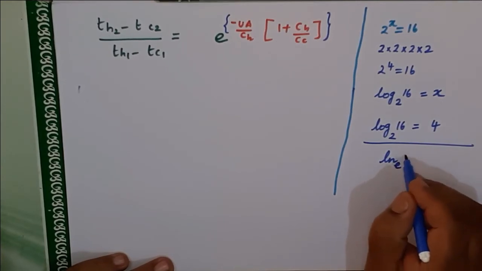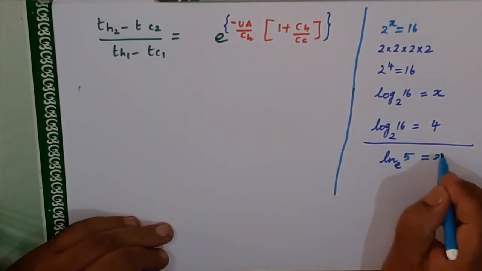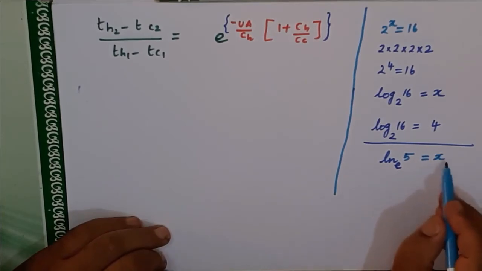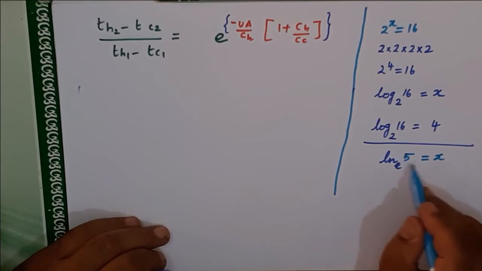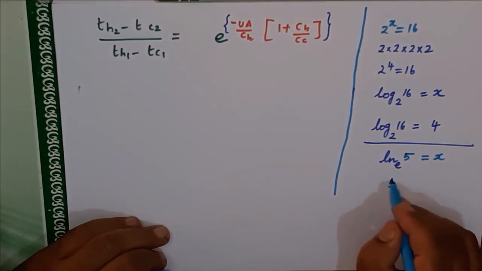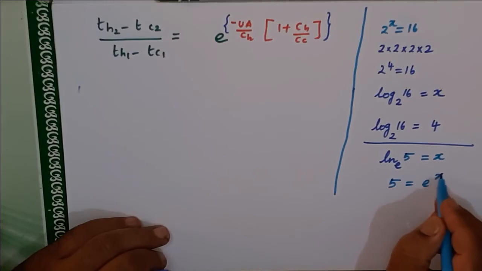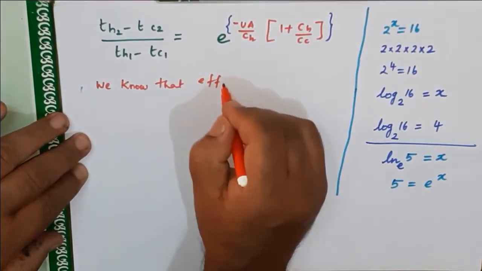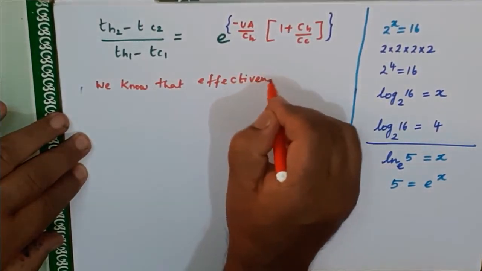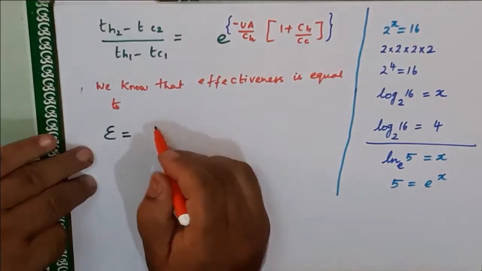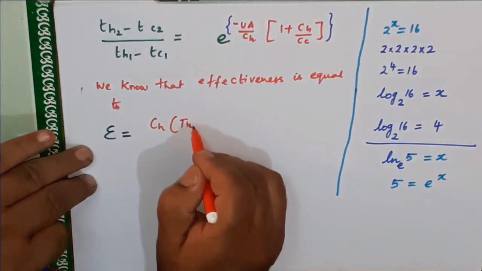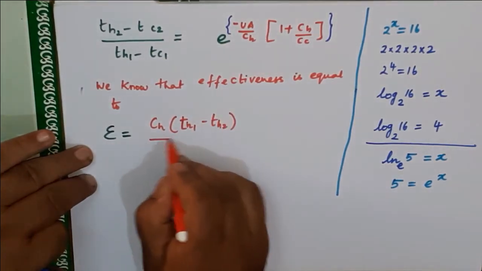Similarly, suppose we are using ln, base e. For example, if you have ln 5 is equal to x, so e to the power x is 5. So what power should e be raised to? e's value is 2.7. So how much should e be raised to get 5? Therefore, I write 5 is nothing but equal to e power x. We know that effectiveness, which we have derived already, is equal to hot fluid. We'll write it here: CH into (TH1 minus TH2) whole divided by